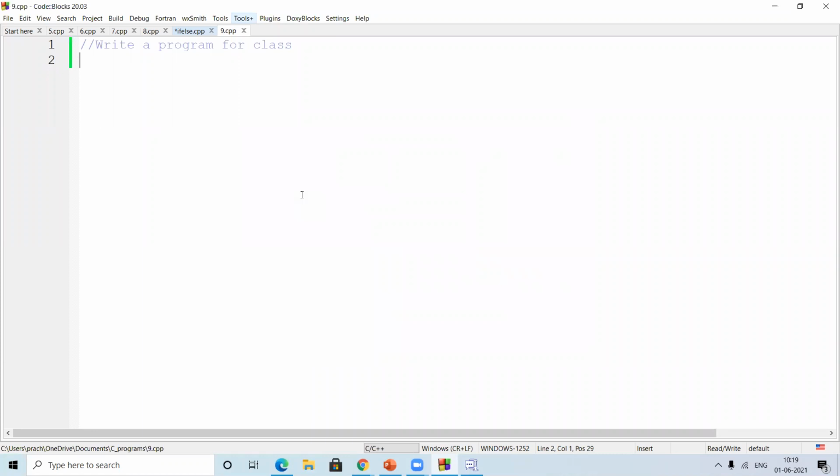Now, first we are going to go for the basic structure, correct? So what is the syntax of a class? We know how the syntax is, correct? For the syntax purpose, we are going to have the basic structure that we always write. Include iostream. I'll just take the class example, then we'll stop for the day and you're going to do a practice on that. Okay, so this is required, correct?